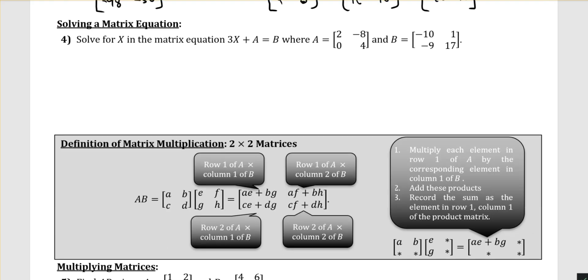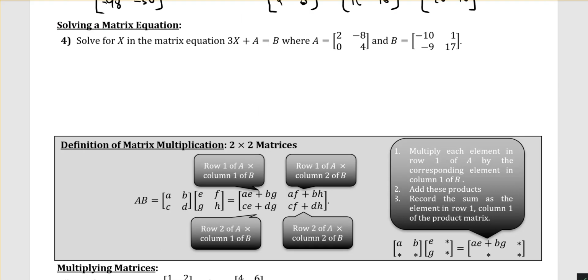So putting all that together here, if we want to solve this matrix equation for x, we're going to do it the same way that we do any old equation. We're going to subtract a from both sides. And then we're going to multiply by 1/3. So b minus a is going to be